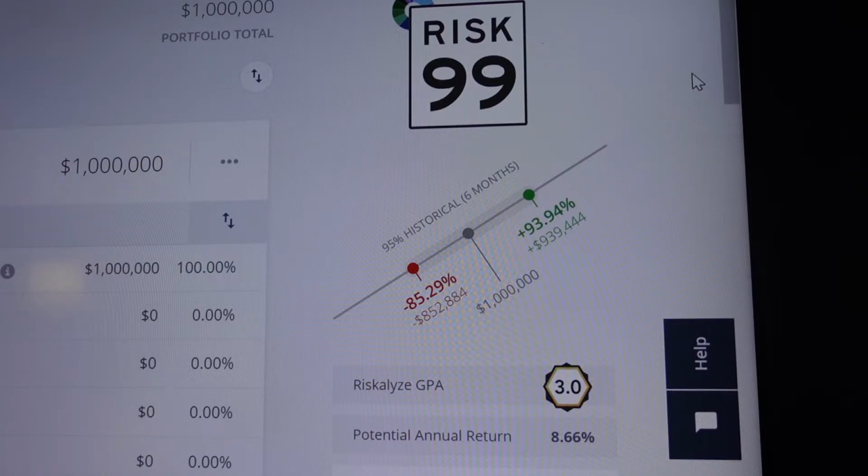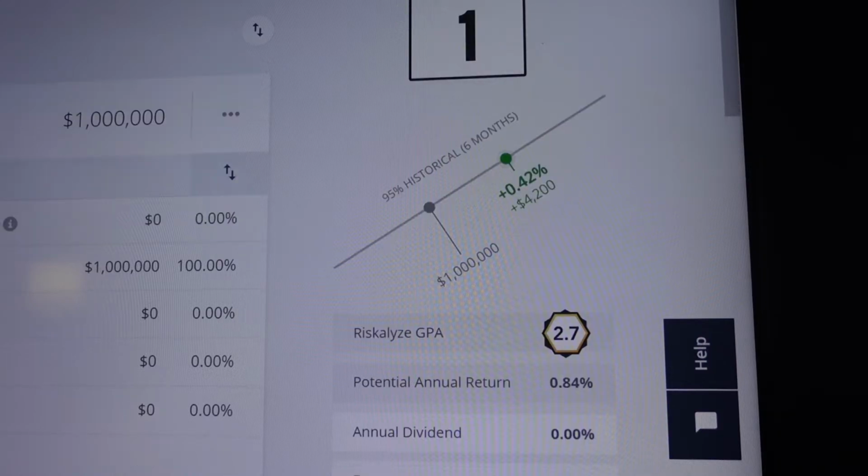So let's look at a very conservative option. If this was a very risky, very volatile option, let's look at a conservative and not volatile option. This is cash. Let's just pretend you put all your money in cash and took no risk whatsoever. It's a 1 on the scale. Not very volatile, right? Cash doesn't jump up and down in value at all.